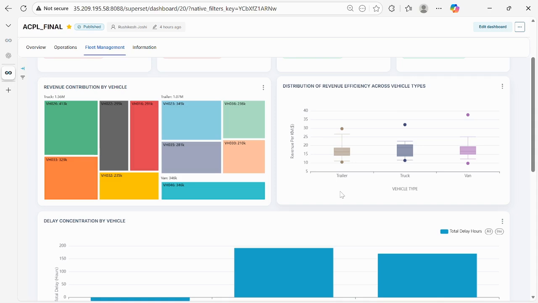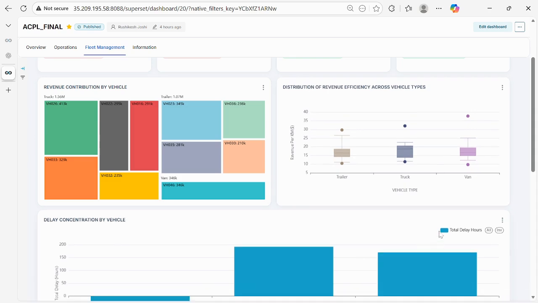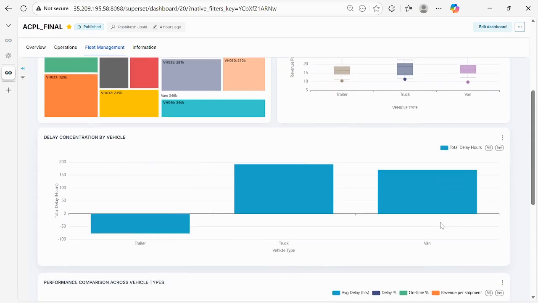Next, we have delay concentration by vehicle. This chart shows whether delivery delays are evenly spread across the fleet or